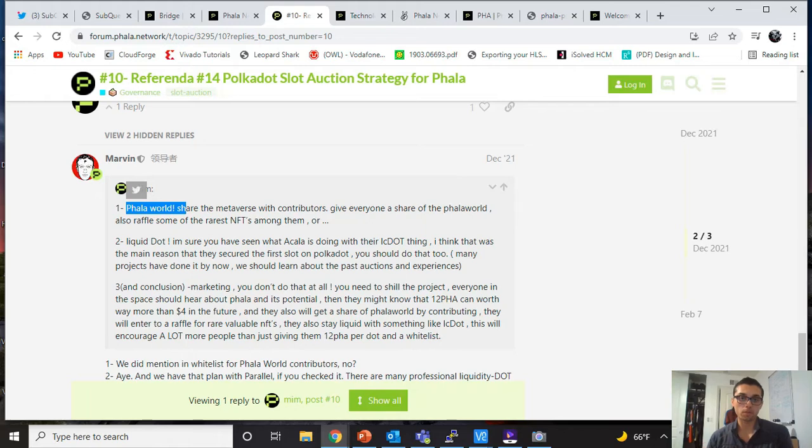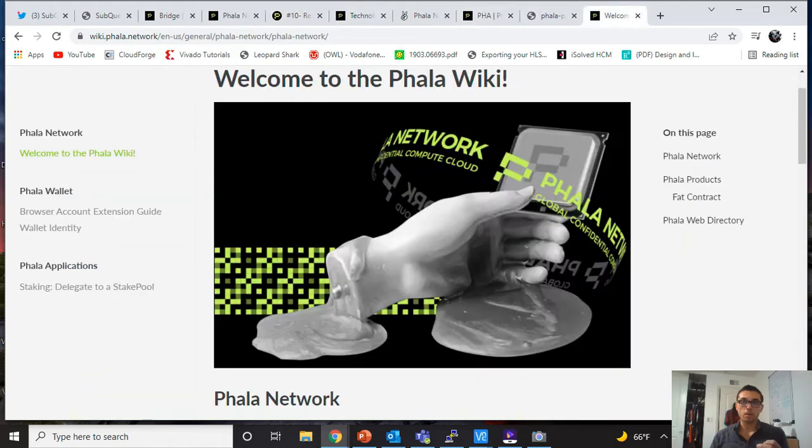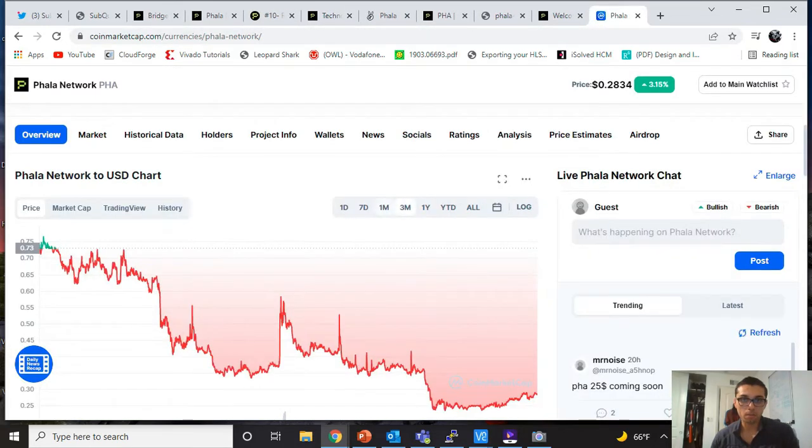I thought their focus was to optimize the use of these trusted execution environments, and they could basically behave as the backbone of DeFi. That was what I was hoping and my thought process. And then they start announcing Phala World, and so now I'm like, okay, they're just trying to get onto the hype train, this NFT hype train. As a small business, as a startup, you gotta be focused on your one thing. And if you spread yourself out, you're gonna have 10 terrible projects instead of one really good one, in my opinion. And the Phala token, I think they're just trying to pump it up.